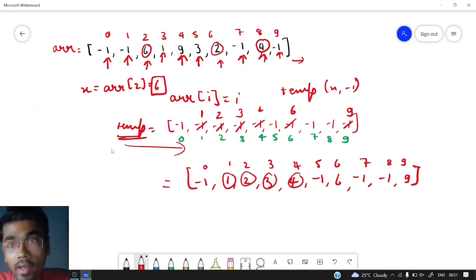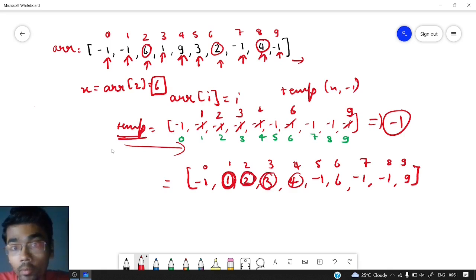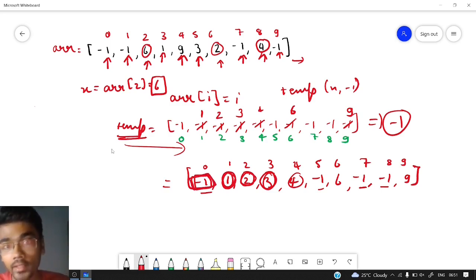So now I'll tell you why I have initialized this initially with -1. Now just imagine every number that is present in our ARR array is now at its correct position, and we have initialized every number before with -1. So the remaining elements which are not present in the array will not be present, that is obvious. So in that place we need to put -1. So that's why we have already initialized it with -1, so that if a particular number is not present, the -1 should be already present there. So that is why we have initialized the temporary array with -1. So this is how we will do it. So hope you understood this explanation part.